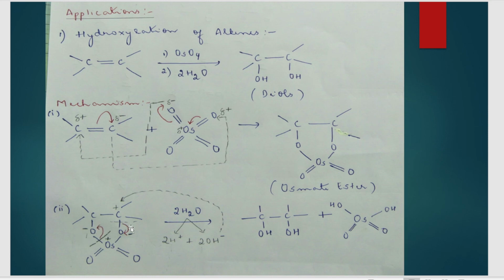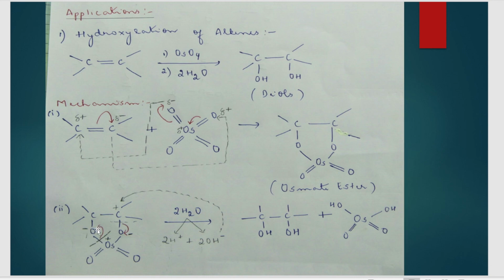Okay. And this bond between carbon and oxygen is also broken, and it is shifting towards this oxygen, because of which this carbon is getting a plus charge and this oxygen is getting a negative charge. All right, and wherever there is a minus charge, H will go and attach itself there. So there's a minus charge on this oxygen, so one H will come and attach here. So what will it give? It will give an OH. And there's a minus charge over here, so one H will come and attach itself there. What will it give? It will give one more OH.